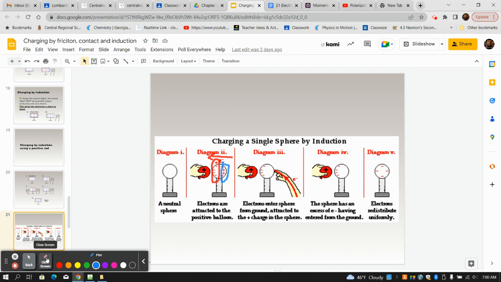Okay, so then when they create a grounding path, right, our hand touching this, the electrons are attracted. Remember, this side is more positively charged, so we have electrons that are attracted to that. They will come up from the ground and add themselves a little bit here. So we're going to gain some electrons, some negatives. And then as soon as we take our hand away, now we're going to have more negative charge in here than we did originally. So induction, charging by induction